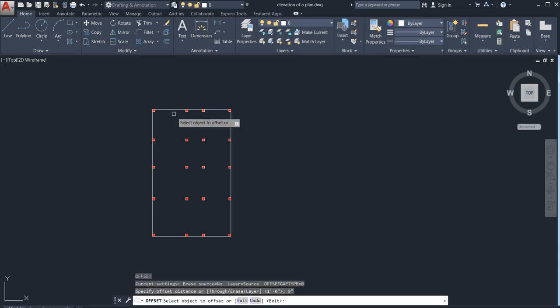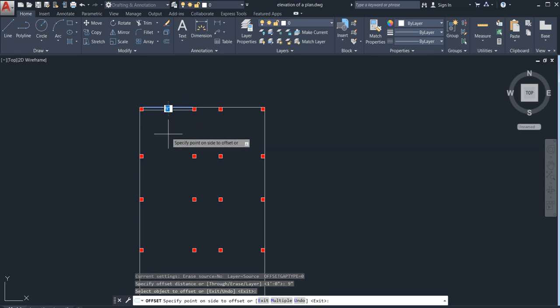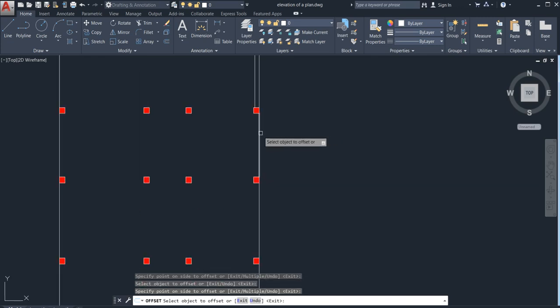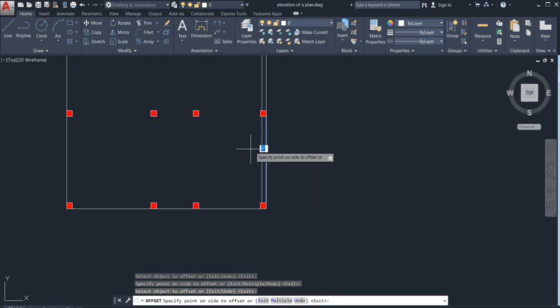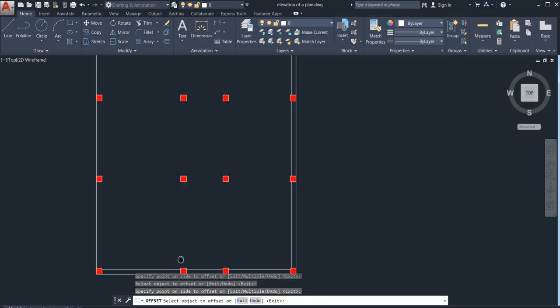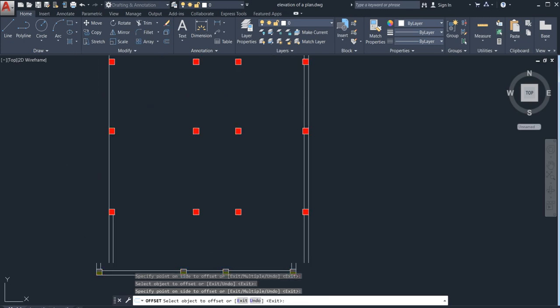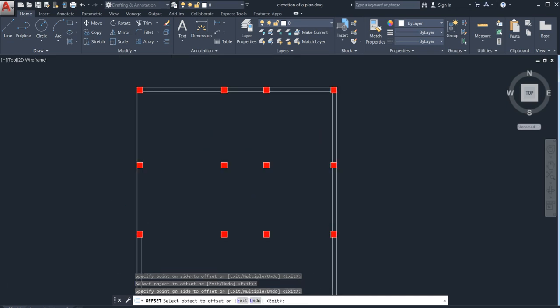As you know, the outer wall thickness will be 9 inches as compared to the inner thickness. So inner wall and outer wall, we need to work according to the civil engineering concept. This is very important, as you all are AutoCAD draftsmen.